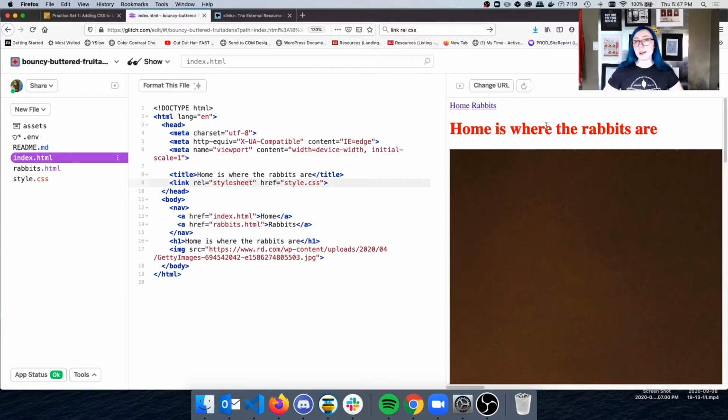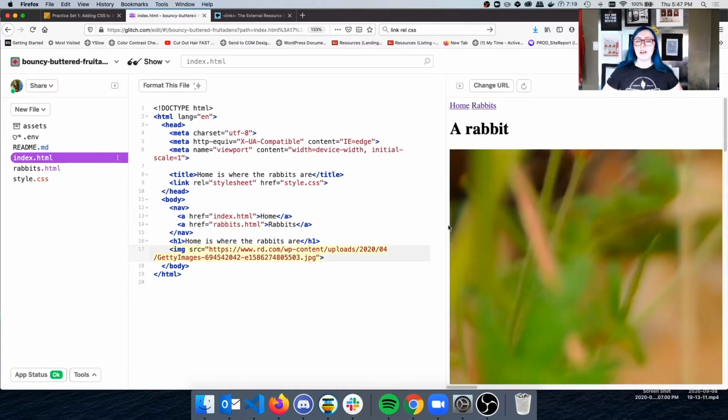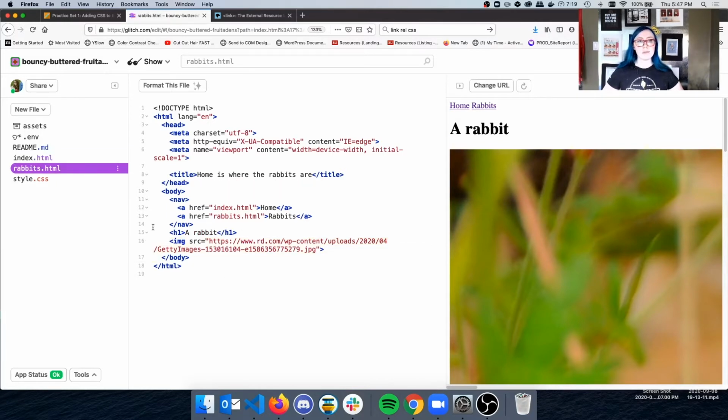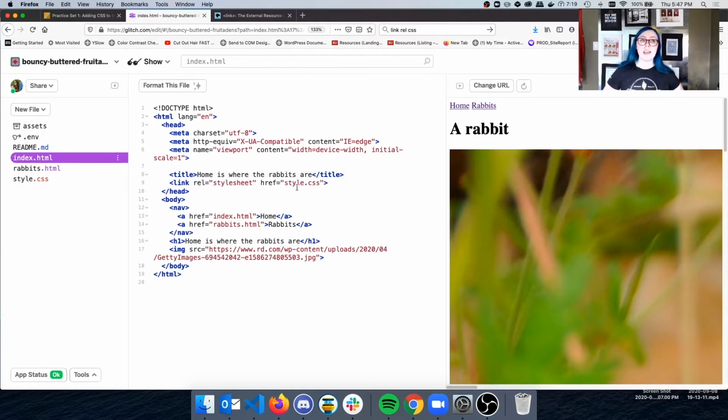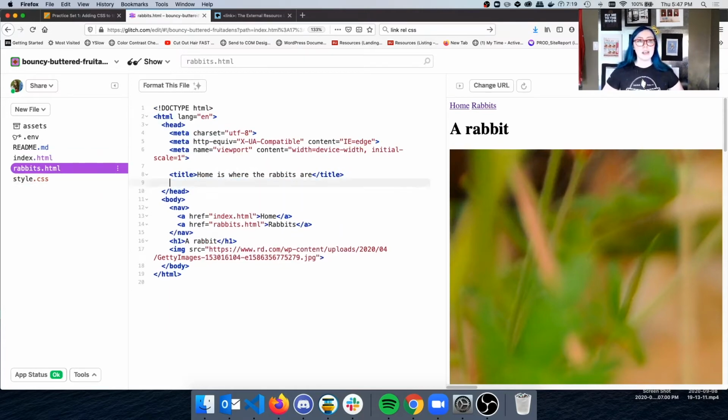So if this is working correctly, one of the great things about this approach to CSS is that as long as the connection is made on the page, it should always apply very consistently to any H1 element we see. So let's see if this happens on our rabbits page. Okay, when we click on rabbits, it doesn't show that. So if we go to rabbits.html, there is an H1 there, but you know what's missing is that link tag. So if we go back to our index.html, copy this link element and paste it in the head of